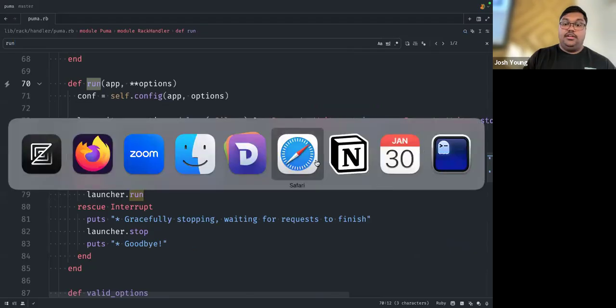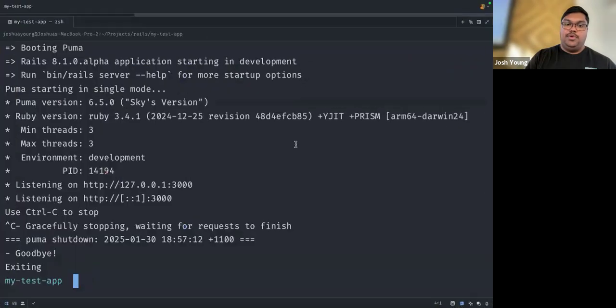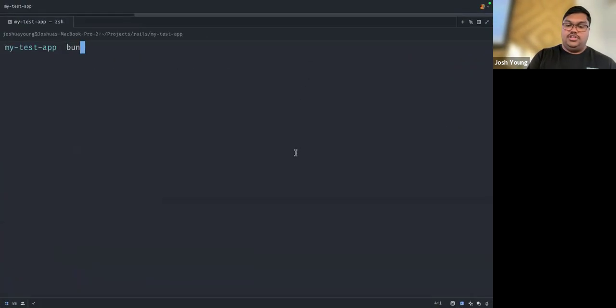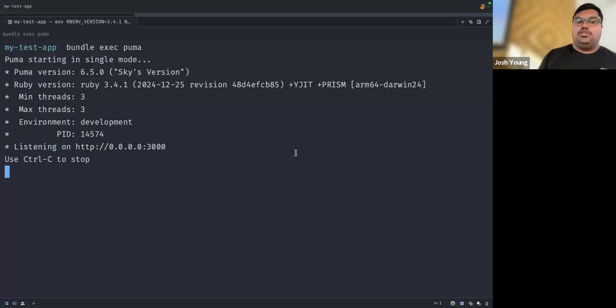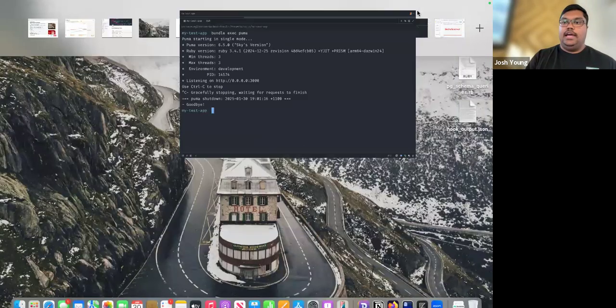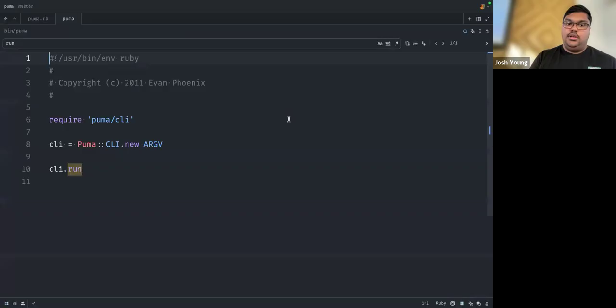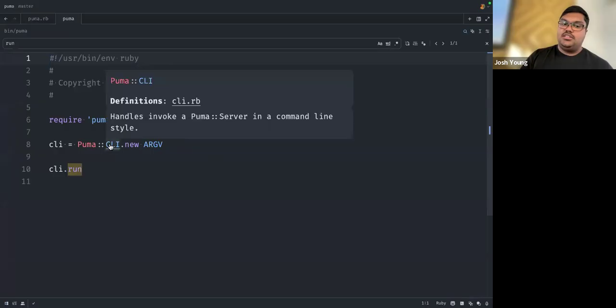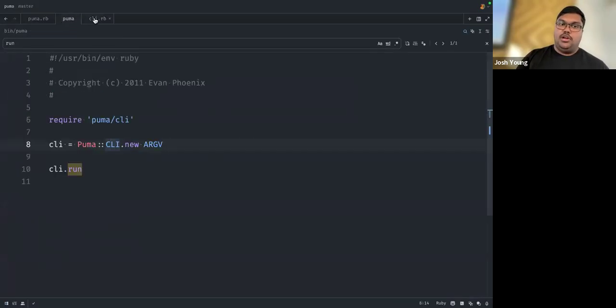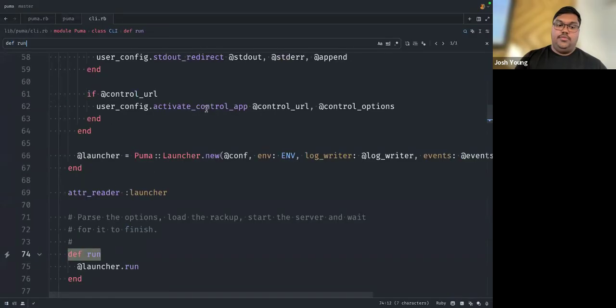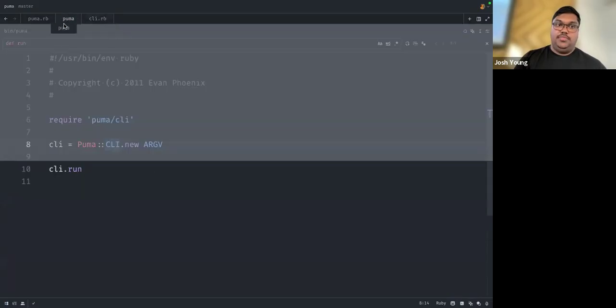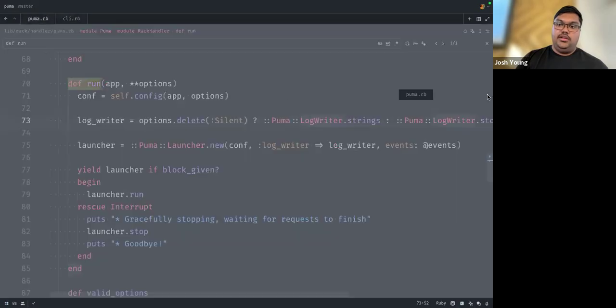And I think we all know that you don't have to boot up Puma through your Rails server. You can actually just boot up the Puma executable itself. So if you do bundle exec puma, for example, you're going to see the same output, but just without those Rails log lines. And if you inspect the Puma executable over here, it's pretty simple, but essentially it creates this new CLI instance and calls its run method. And if you go inspect that, we're going to see that it's a very similar setup. If you put these side by side